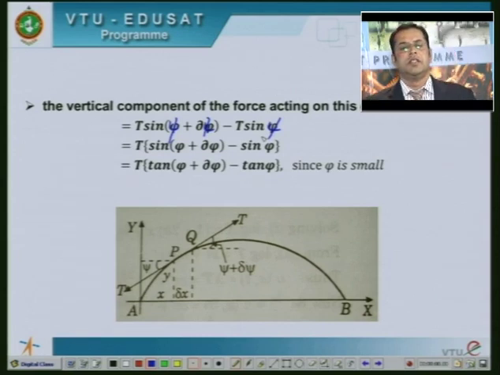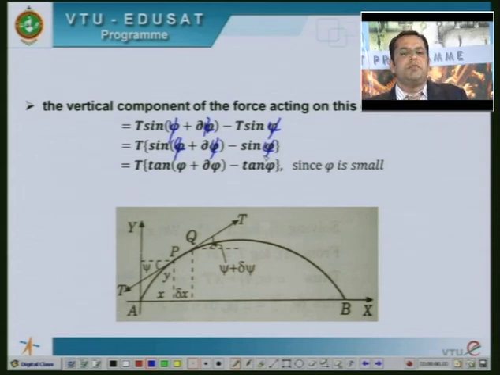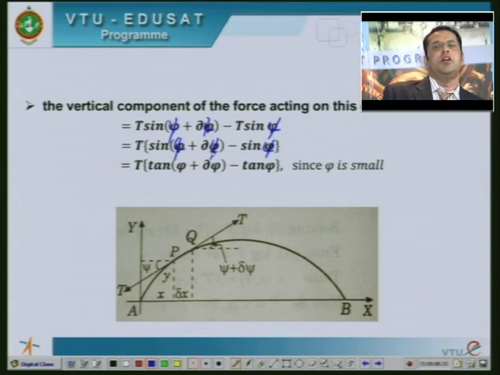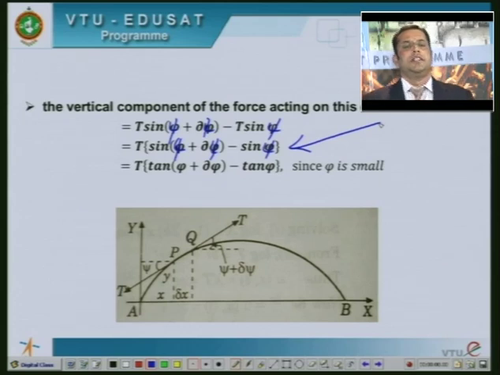You have a common factor capital T in that. If you remove that outside, take T out, you are left with sine psi plus delta psi minus sine psi. But since psi is very small, because the element PQ is also very small and Q is at an incremental distance from capital P, sine psi plus delta psi and sine psi respectively can be equated to tan psi plus delta psi minus tan psi respectively. So, the expression capital T into sine of psi plus delta psi minus sine psi takes the form capital T